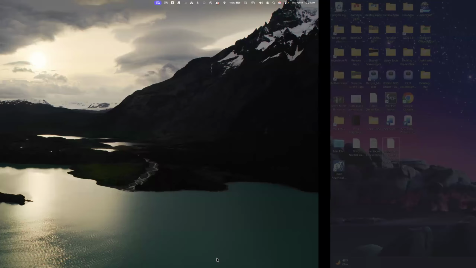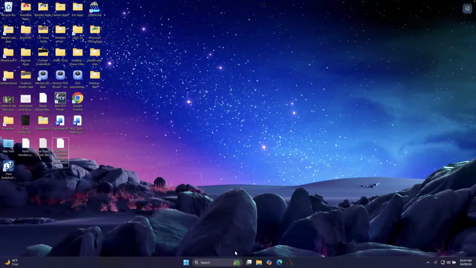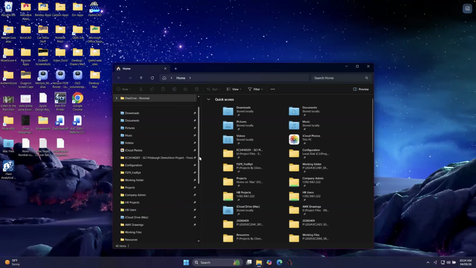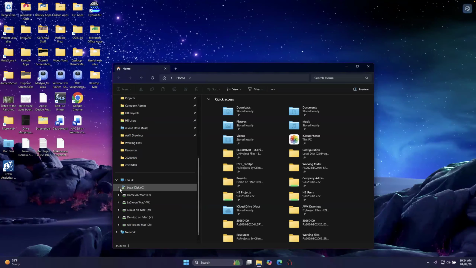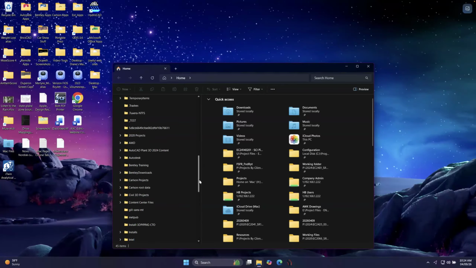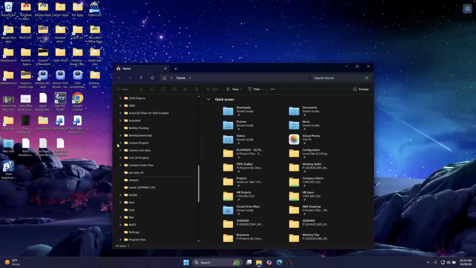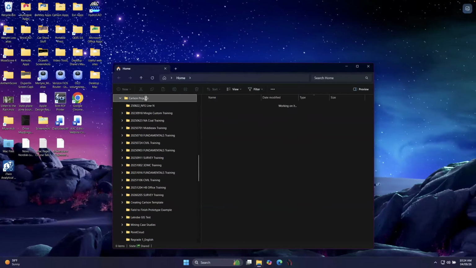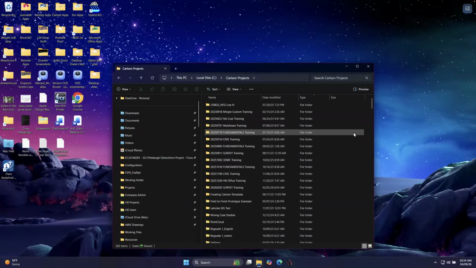And let me switch over here to the Windows side of the world. So I'm actually running this on a Macintosh computer, so that's why we got one slightly different thing. So Carlson projects, and I'll make